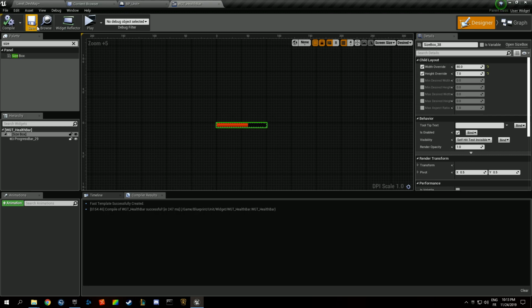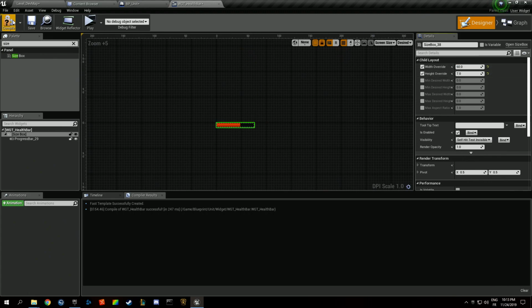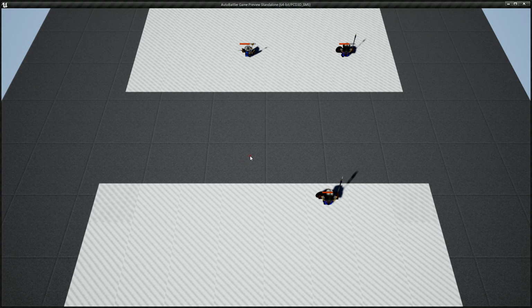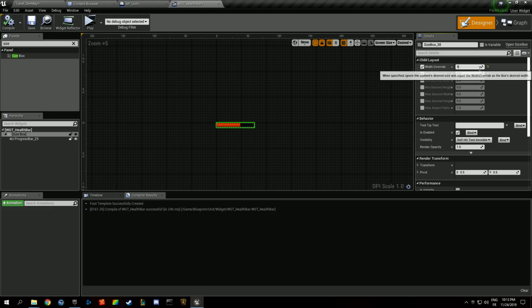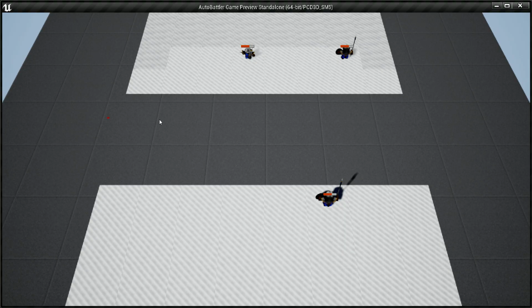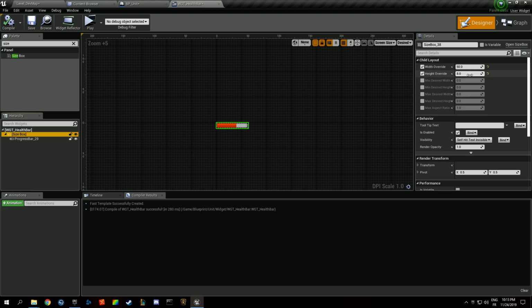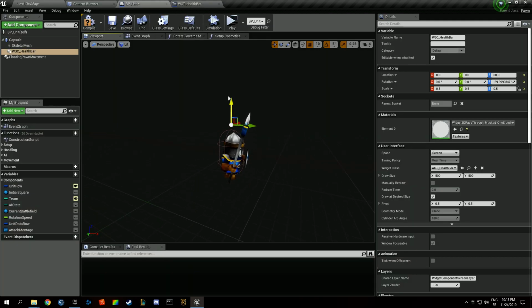80 on 7. Okay, it's a bit too large. 60 on 7. 60 on 8, and it's not going to be black. Actually, we're going to leave it white for now just to see how it looks. Okay, it's a little bit too large, and it's a little bit too low,